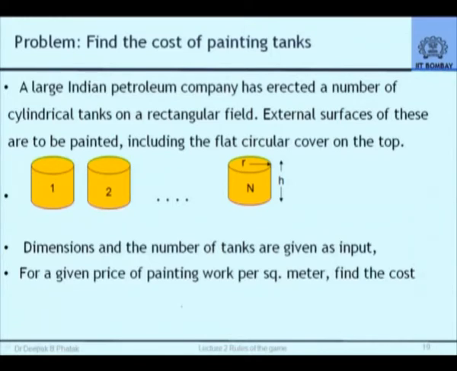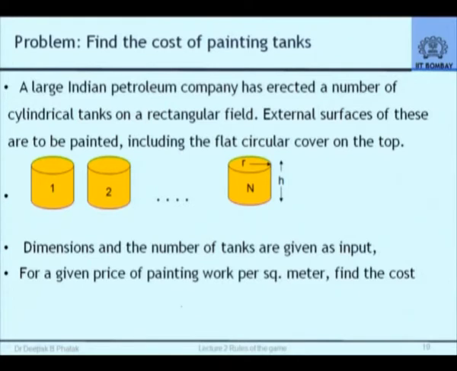Now every 2 years or 3 years, because they are out in the open, in the rains and winds and whatever, they have to be painted. Somebody in charge of those oil tanks wants to find out how much it will cost to paint those tanks. The painting cost is always specified in terms of the area to be painted, because that's the amount of work that I will have to do. So let's say per square meter, per square foot, whatever, that's the rate at which I am prepared to paint it. Given that they are cylindrical, I wish to calculate the total cost that I have.